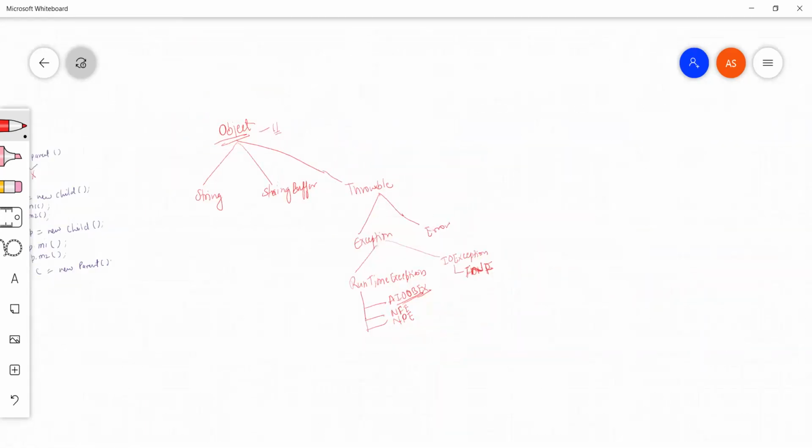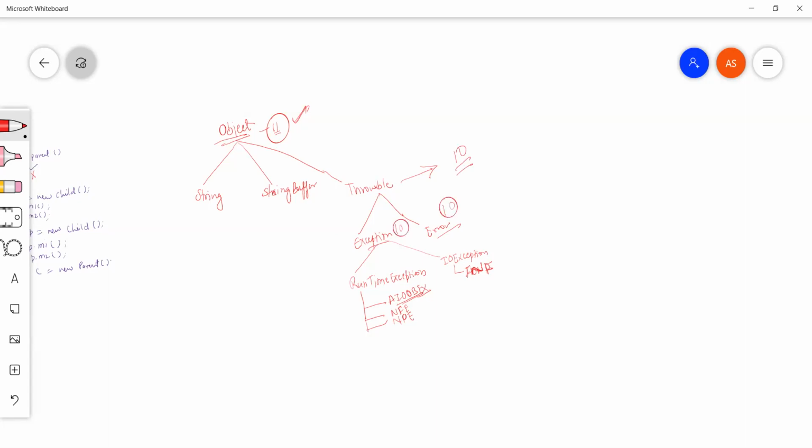So what happens, like what are the methods which are basically related to all the object are kept here in object class, so that they can be available for all the classes, like whether it is a custom made class or provided by Java. Now let's talk about throwable. So all the methods like which are applicable to exception and error will be kept in this class. Let's say, for example, there are some 10 methods are there. So these 10 methods will be available to this class and this class itself.